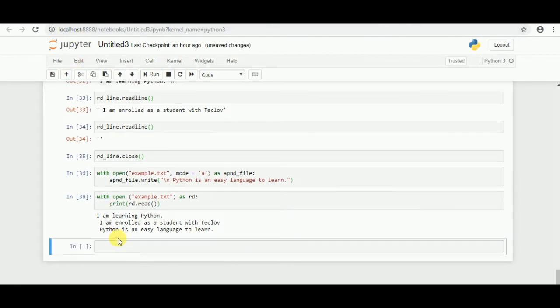There is another way to create a file using the mode X, standing for exclusive. In this mode, the file is only created if it is not already existing in the directory. So if I want to create a file, say with open, let's take the example of the earlier file we have used, TecLov.txt, and specify the mode as X as X_F file,